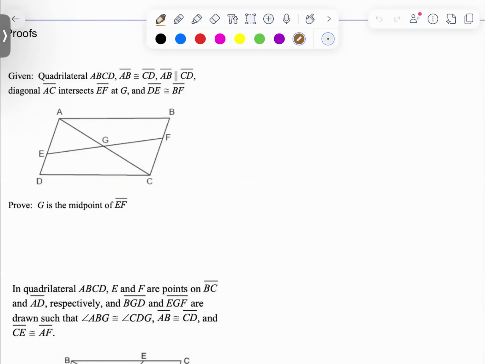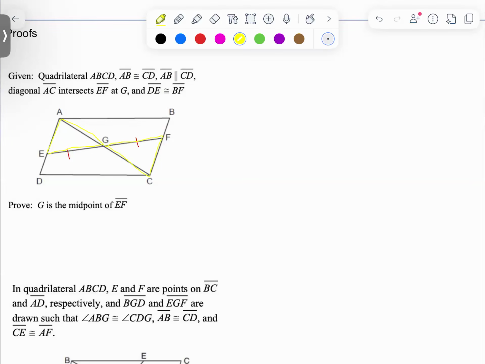In the first proof, we are proving that G is the midpoint of EF. In order for G to be the midpoint of EF, it would need to split EF into two equal parts. So basically, we need to prove that EG is congruent to FG. So EG and GF are sides